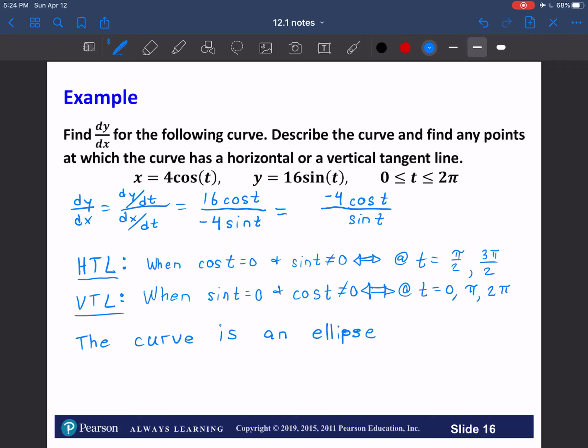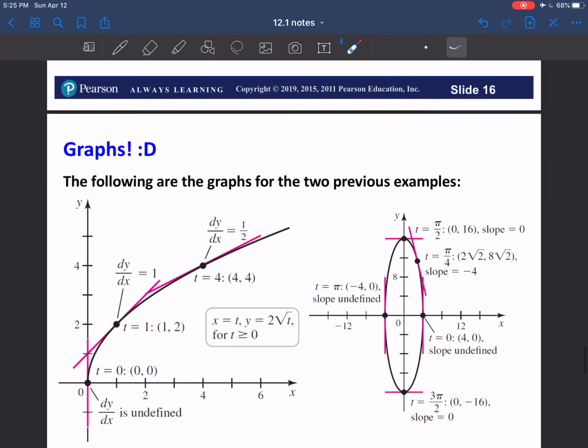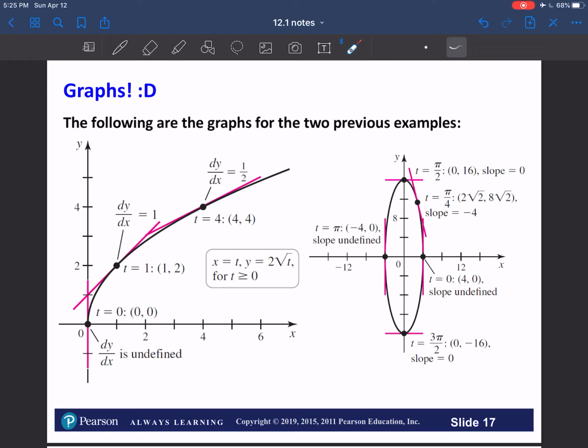The larger axis, the longer axis through the circle, is going to be the one that corresponds with this equation. So you'll notice that we actually draw this on the next page. This is an ellipse